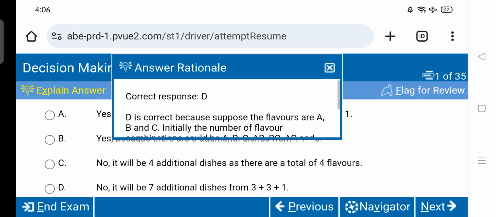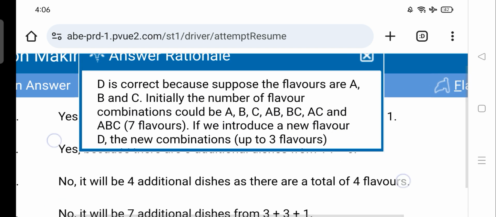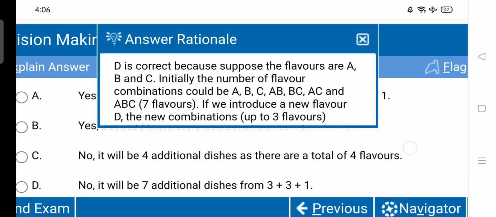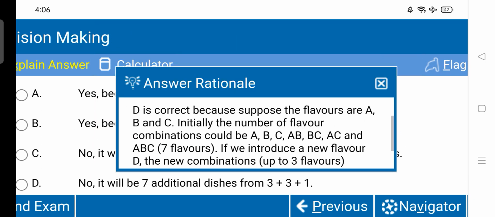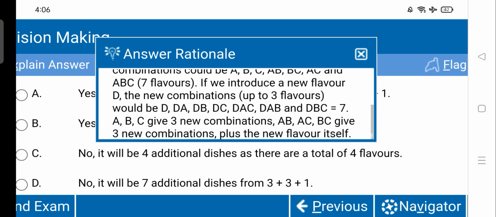So here we have the correct response, which is option D. D is correct because suppose the flavors are A, B and C. Initially the number of flavor combinations could be A, B, C, and then AB, BC, AC and ABC. That is 7. So if we introduce a new flavor D, the new combinations up to 3 flavors would be D,